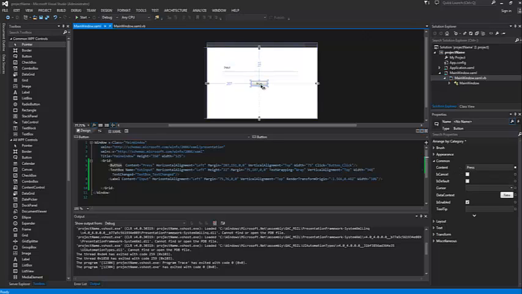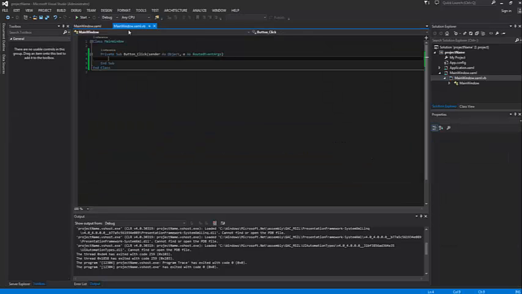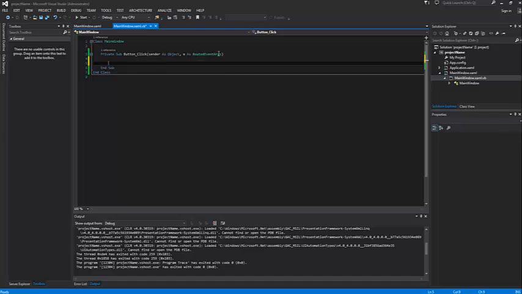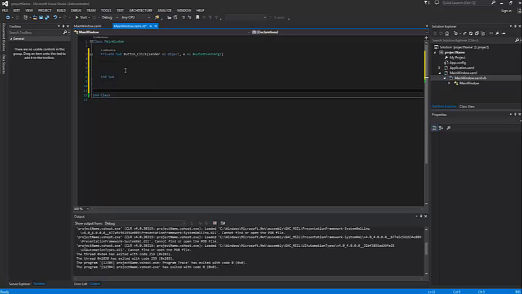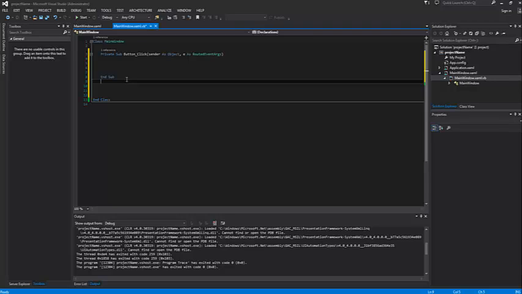So back here in the code behind, if I want to use some if statements, I can either put it in here, or I can create another procedure or function. So let's talk a quick bit about procedures and functions. Again, procedures will do things, functions will return things, and the way you create a function in Visual Studio and